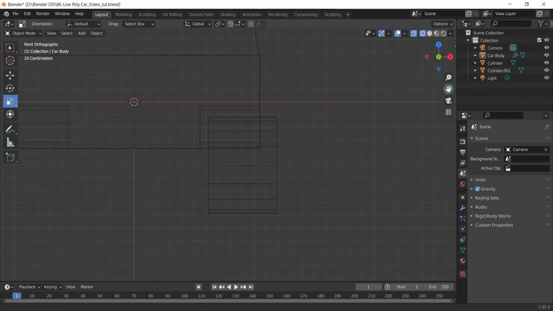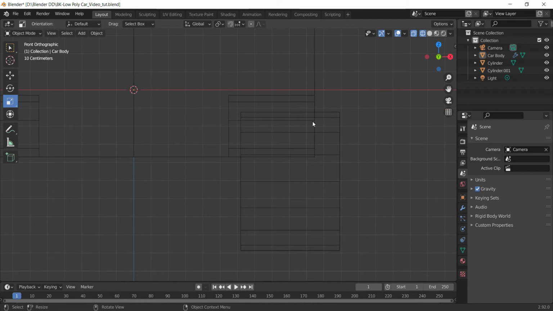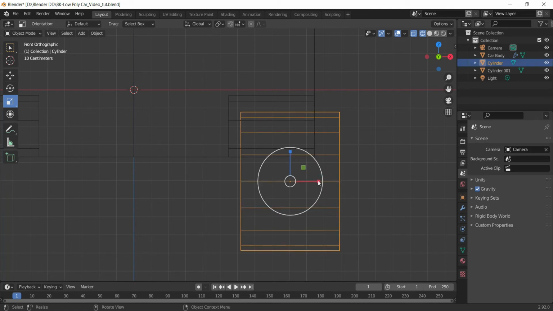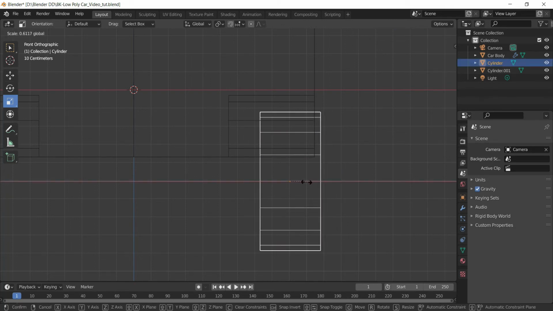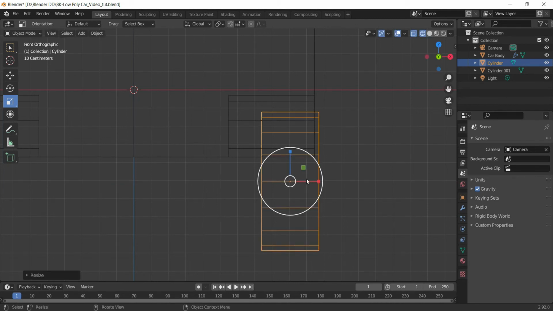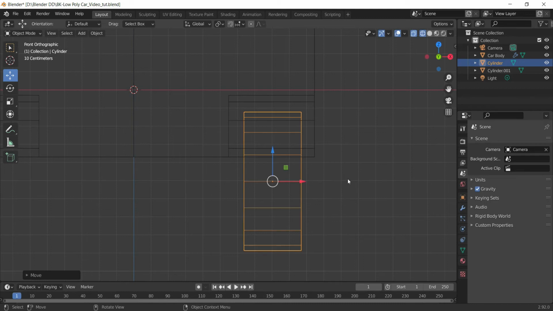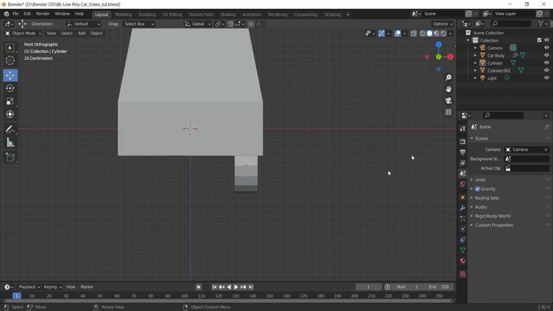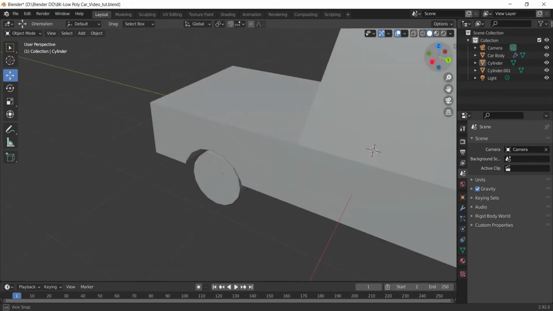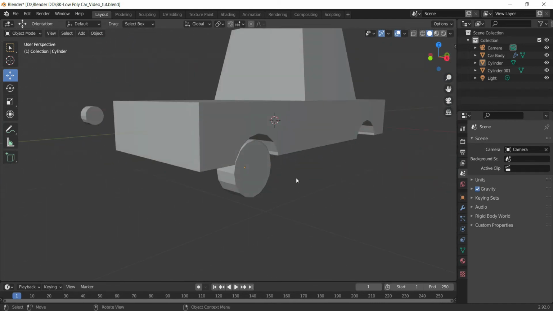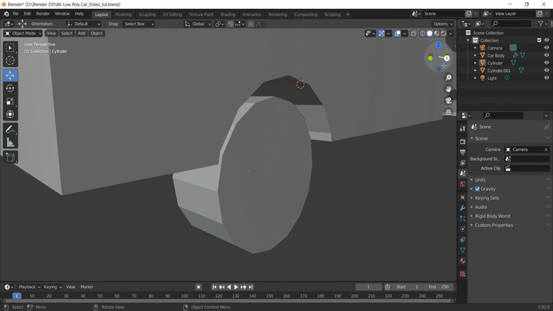Let's come to front view as well, and obviously tire should not be that much broad. I mean in exceptional cases, but usually we have a tire with a thin thickness compared to this one. So I'll select this and I'll scale it down to this much thickness. I'll place it inside the car body. All right. Let's check the placement of the shape in the solid view. Perfect. Now let's come to the modeling of the tire.